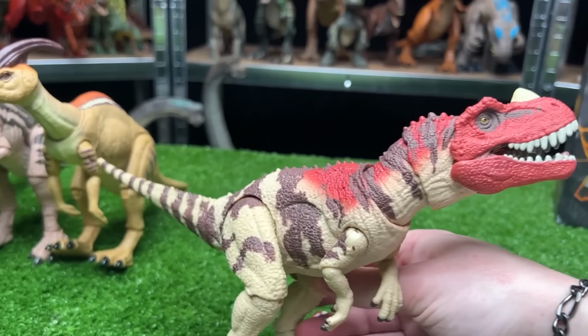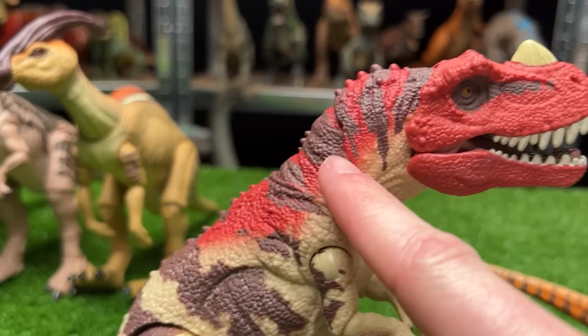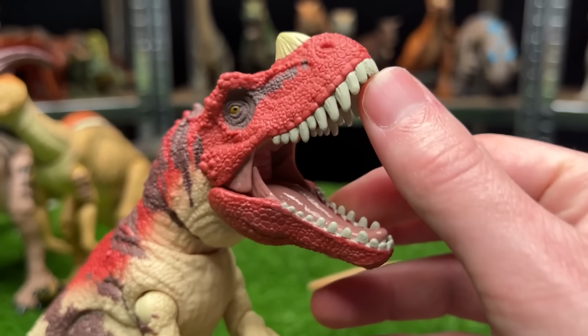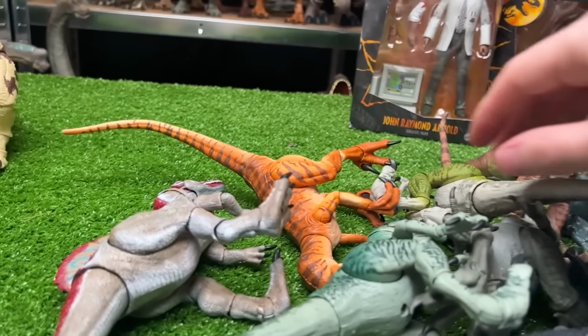from the Hammond collection. This dinosaur is colored pretty classically for this species. It's got the tan body with the brown striping and then the red along the back, all the way up to the face. Now let's put that in line as the next largest one, and let's grab our first Amber